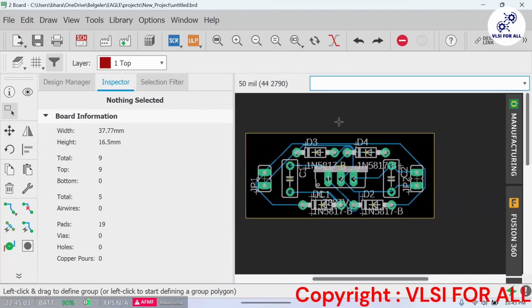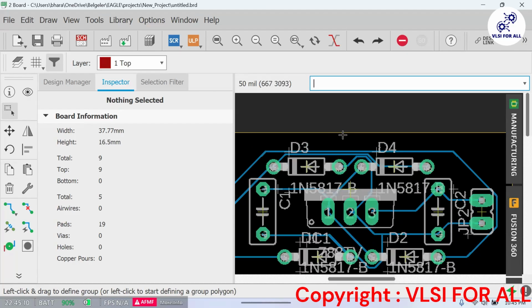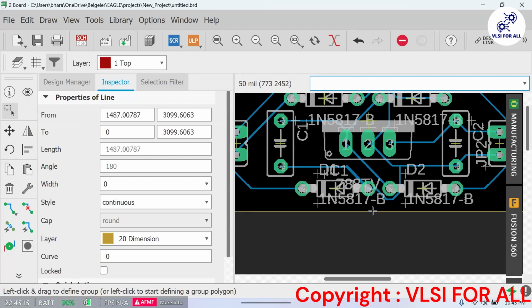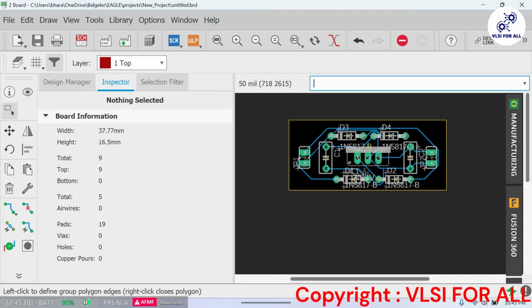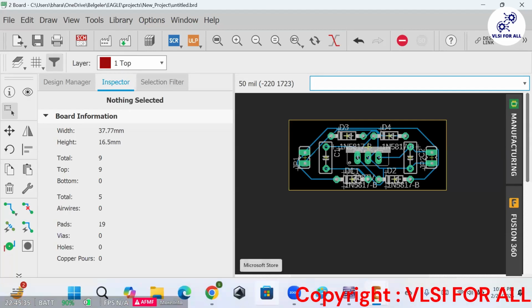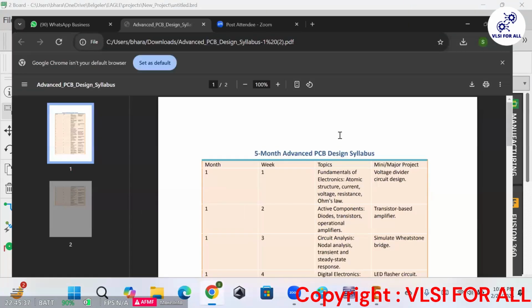With thin routing, what happened? But you cannot do thin routing everywhere. Wherever the high current is, we cannot do thin routing; we have to go for thick routing. So this is how we routed the whole PCB. This is a simple 7805 block that we routed and simulated in Multisim. This is how we will be doing more complex designs further.